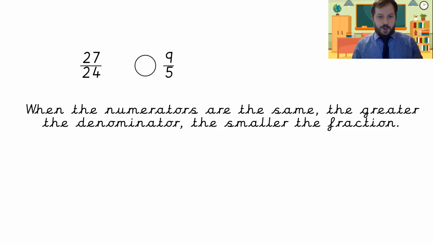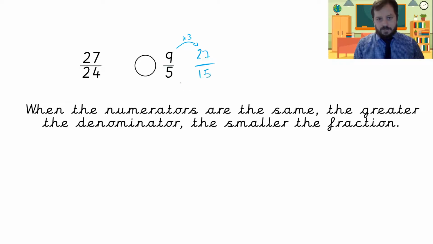Okay, so the way we would work this out is that 5 doesn't fit easily into 24. So straight away, we know that we could use it and work it out, because we could do 24 times 5 and 5 times 24. It's just long-winded. Or we can see that 9 does go into 27, and it's timesing it by 3. So if we were to do that, times this one by 3 to get to 27, we also have to times the 5 by 3,